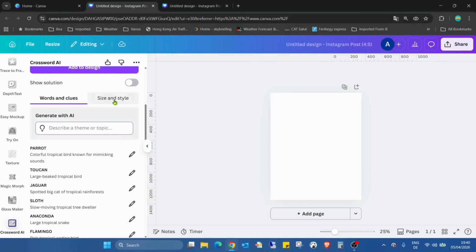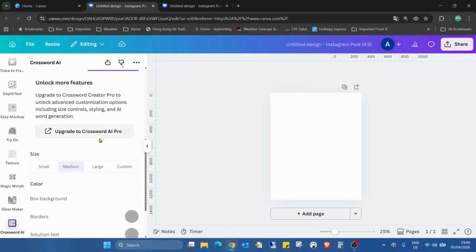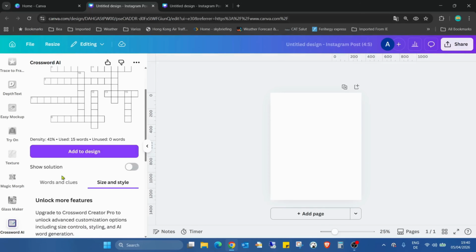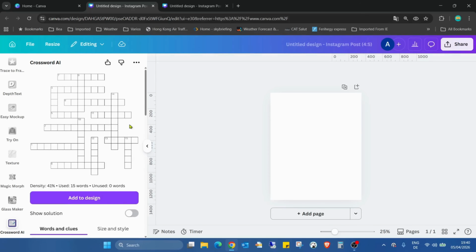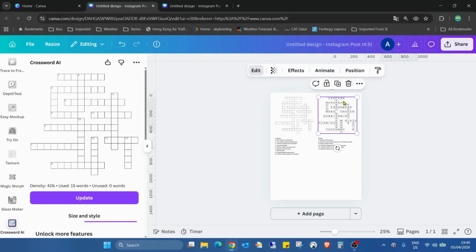Here we can have the size and style, but actually I cannot make any changes because I'm not upgraded to the Pro. But even without this Pro feature, it's already a very nice crossword. So add to design, and as you can see, I have this